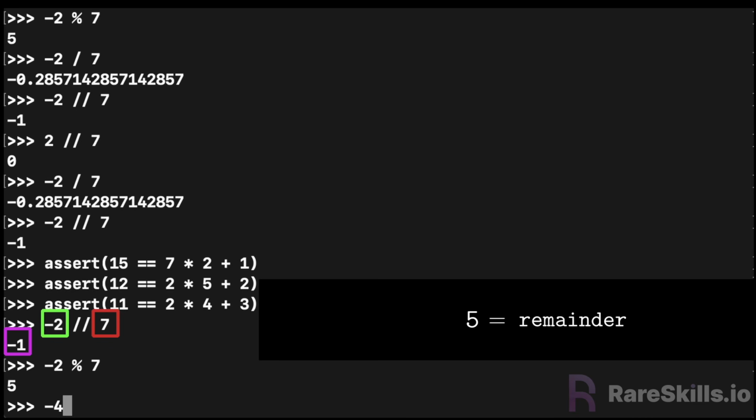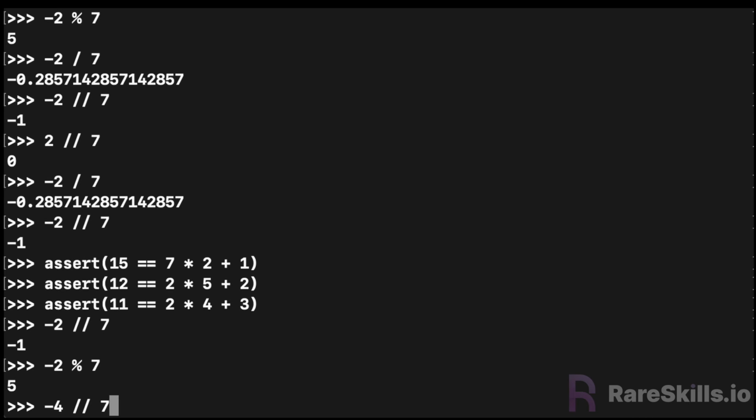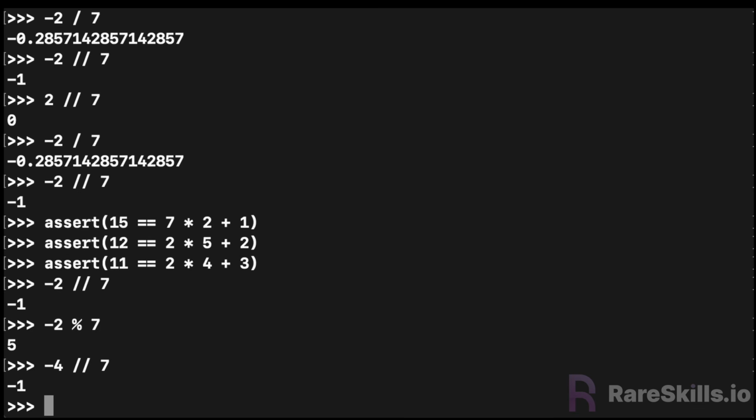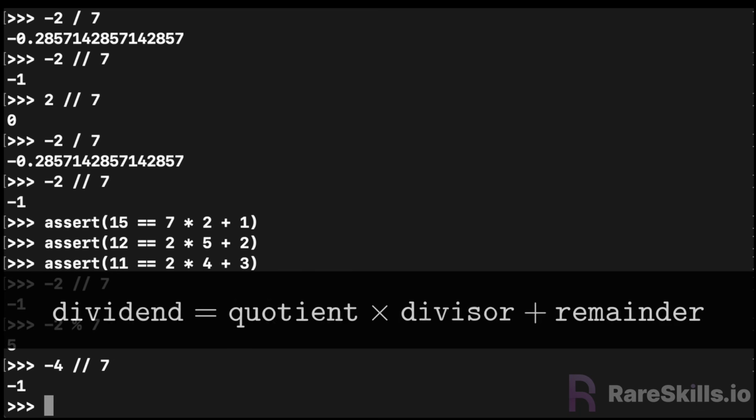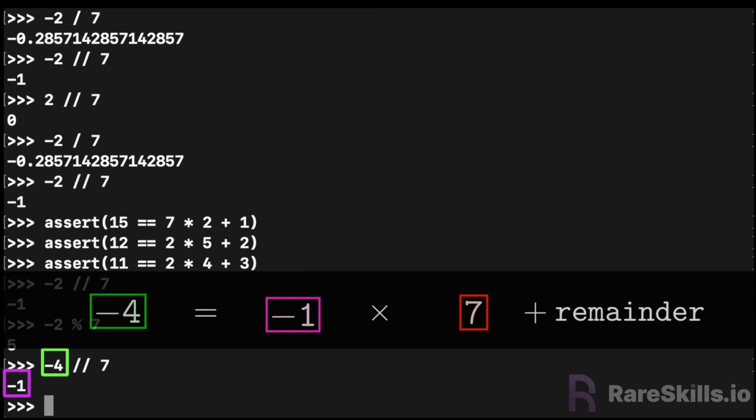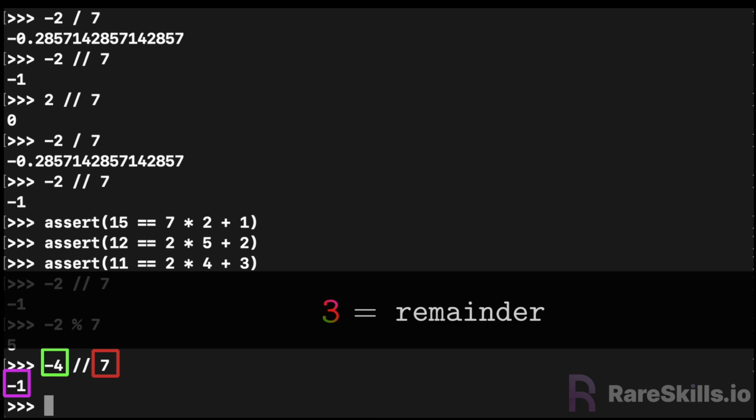Let's look at another example. What is -4 modulo 7? -4 integer divided by 7 is -1 because -4 divided by 7 is -0.5725, and when we round down, we get -1. Therefore, -4 integer divided by 7 is -1. Now let's use our formula from earlier and plug the values in to compute the remainder. Dividend is equal to quotient times divisor plus remainder, which gives us -4 is equal to -1 times 7 plus remainder. After we solve it, we get that the remainder is 3,